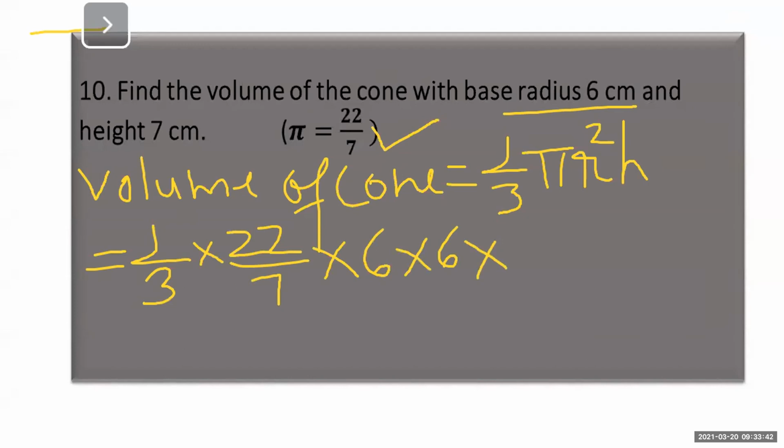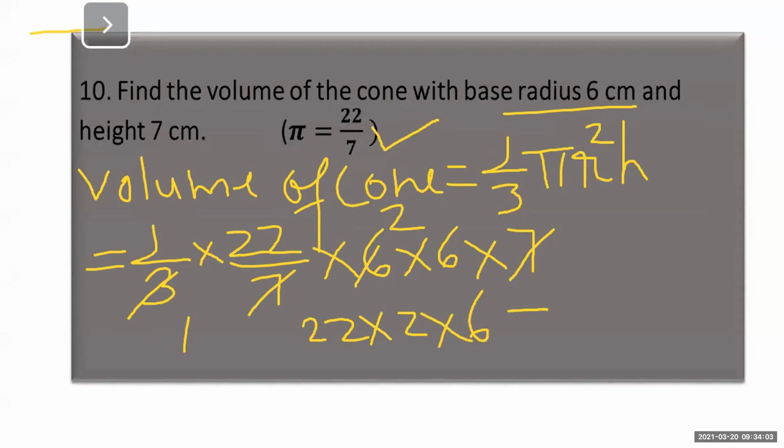H is what? 7. I think it is the same question, but here they have given the value. So here 7 gets cancelled. 3 ones are 3, 3 twos are 6. So 22 into 2 into 6. So 22 into 2, that is 44, into 6 will give you how much? 264